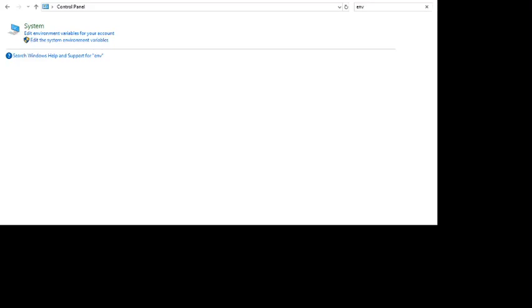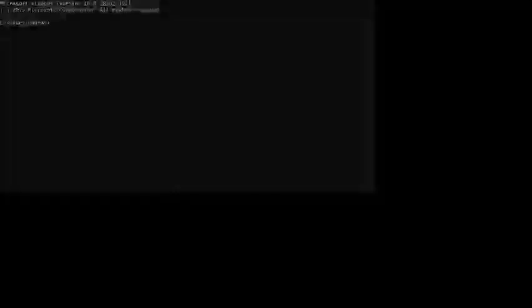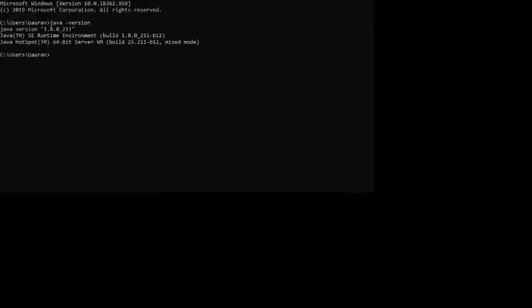This will allow me to call all the commands from the bin folder on my file system. I will test it by going inside the command prompt. I will type here java -version. You can see that I'm running version 1.8 update 211. I will also check availability of the Java compiler with javac -version. So you can see that I'm having 1.8 update 211 version.